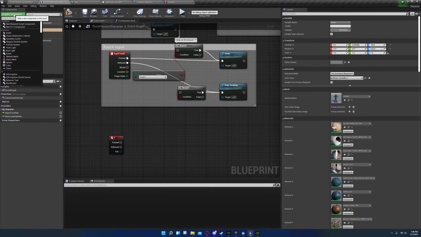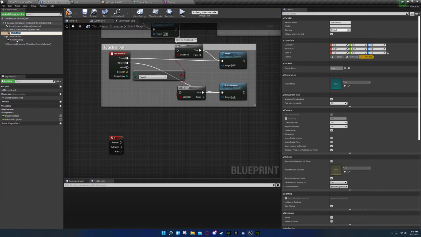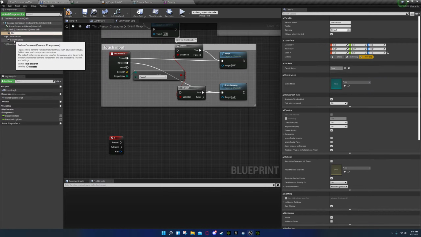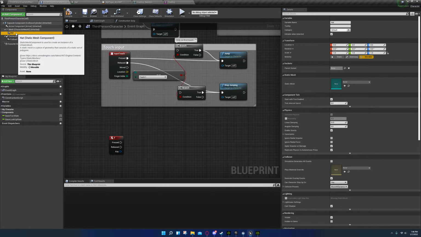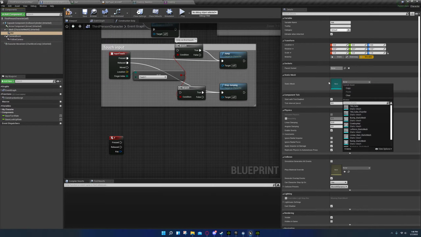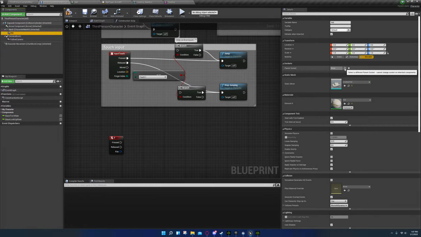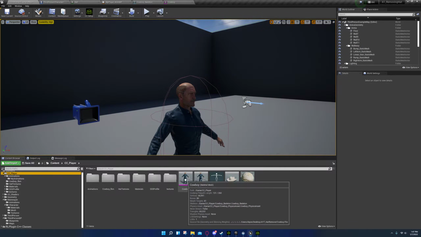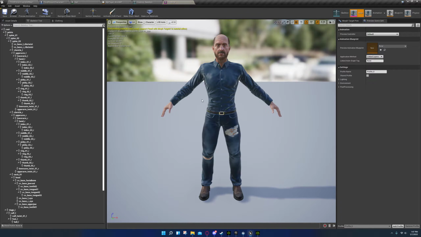After you've done that, you're going to add a component, add static mesh, rename this to hat so you can easily identify it later. Then under here, you're going to find your hat, you're going to add it, and then what we have to do is we have to go back to our player character, open up his skeletal mesh,